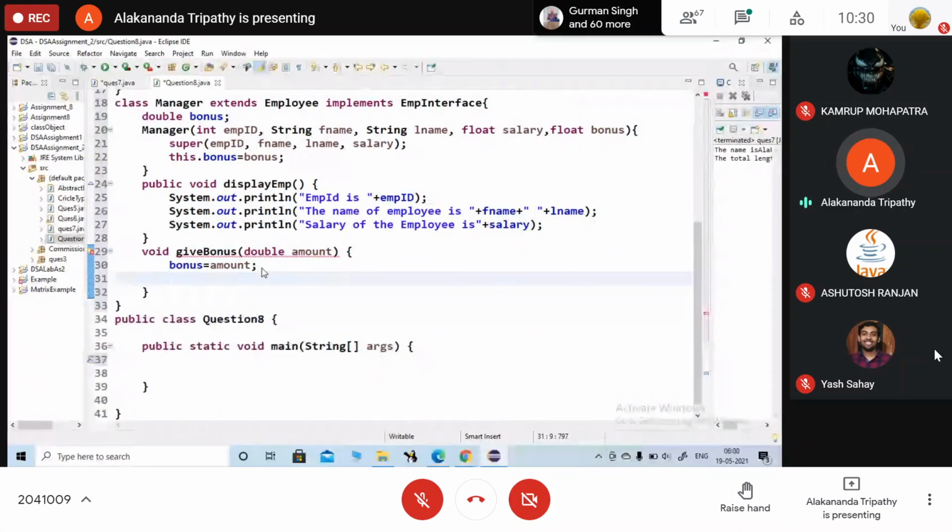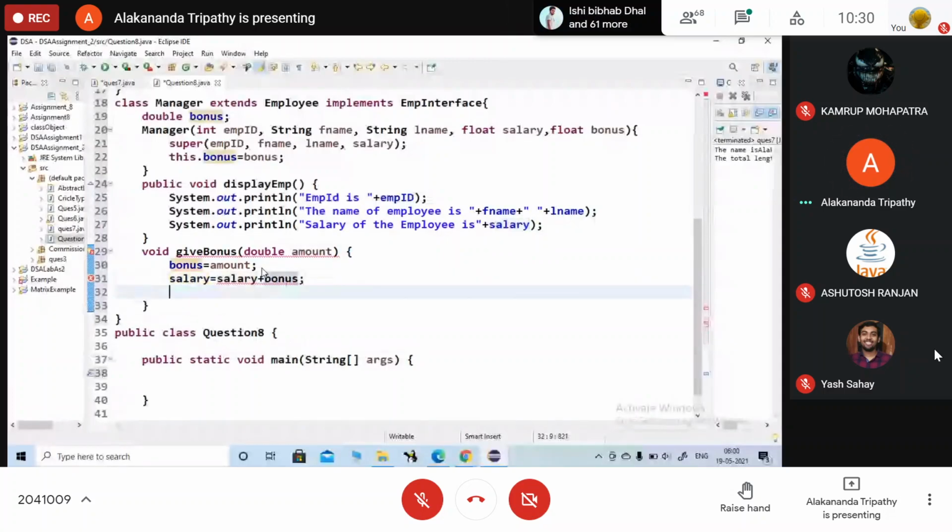Bonus equals amount. Here salary will be updated with salary is equal to salary plus bonus. Type casting will be needed here, right? Salary is of